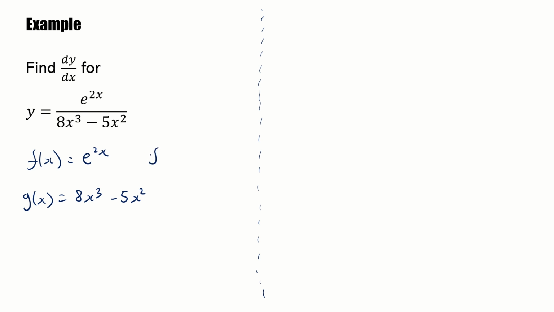Just similar to product rule, you've got to differentiate both of these individual parts. So e to the 2x would differentiate to two lots of e to the 2x, either by chain rule or you just remembering the rule that helps us deal with just coefficients in front of x's inside powers of e's, and then similarly differentiating the g of x, so that will get us 24x squared minus 10x. Nice. And now we've got all the things we need to be able to put it all together. So dy dx